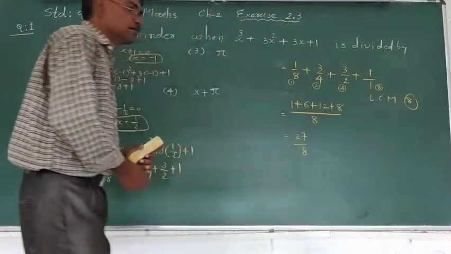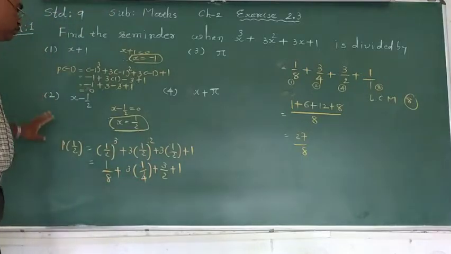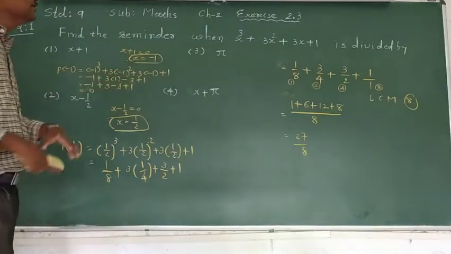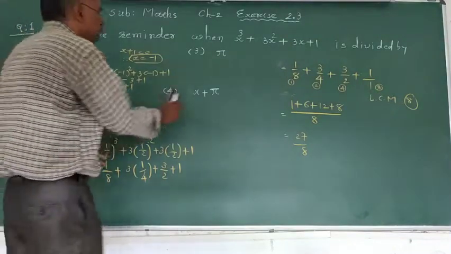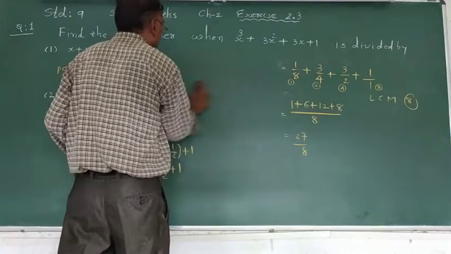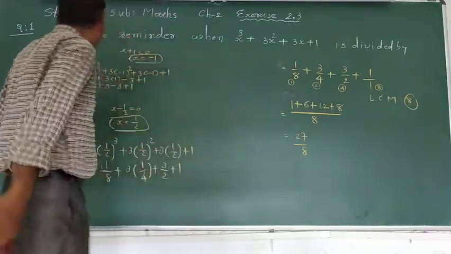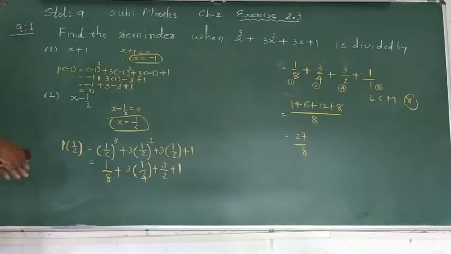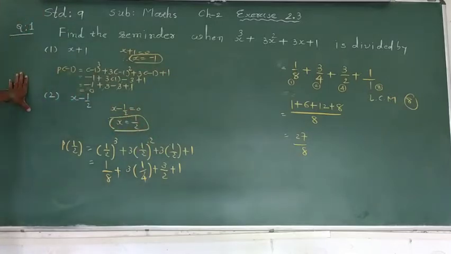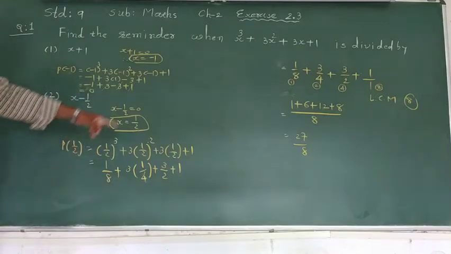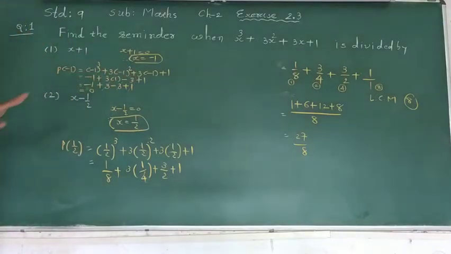So this, check again now. 1, 2, 3. This is 1, 2, 3 and 4, then we can do. See here, first, second. Okay? First and second, this is continued second. So write down in your notebook first, second. Here is the 0 and here is the 27 upon 8. 3 and 4 we will solve later.